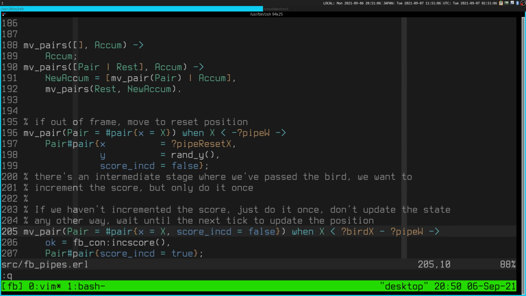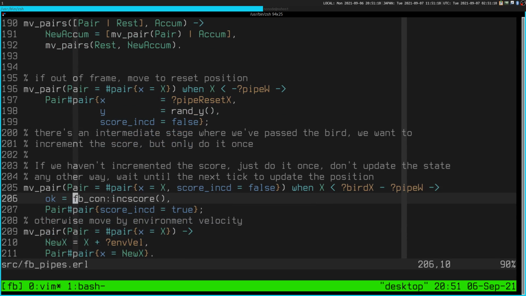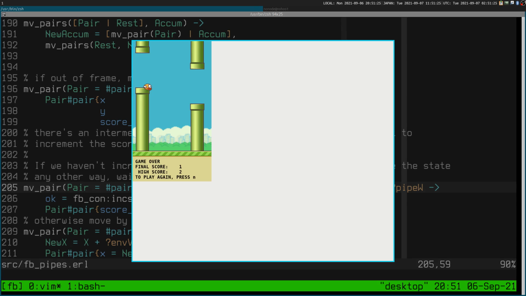Move pair. Pair, X equals X. Why are we matching on X equals X? We're not using that. Okay. Score inked equals false. Right. So when we're completely past the bird, so the bird's x-coordinate minus the pipe width. So, right, the bird's x-coordinate is the top left of the bird. Okay, so right here, once the pipe is completely past the bird,